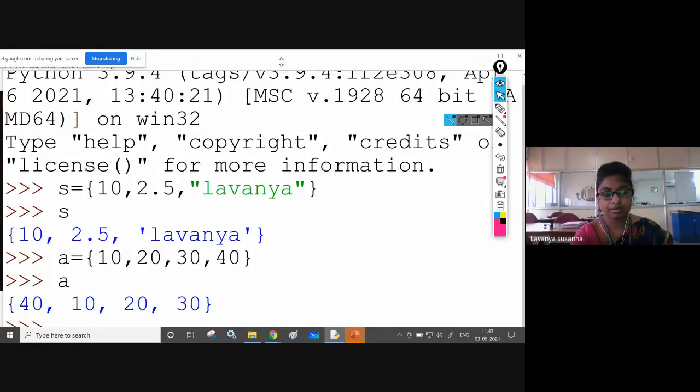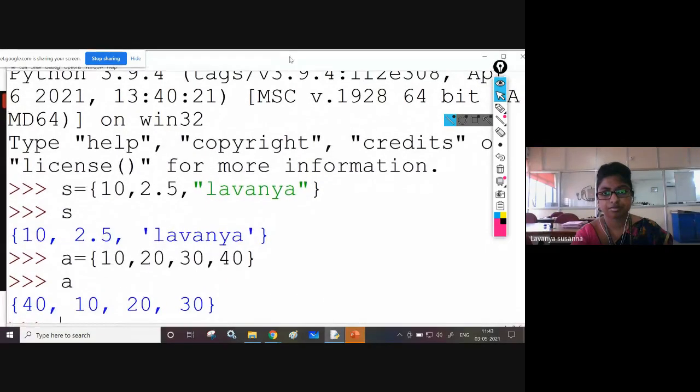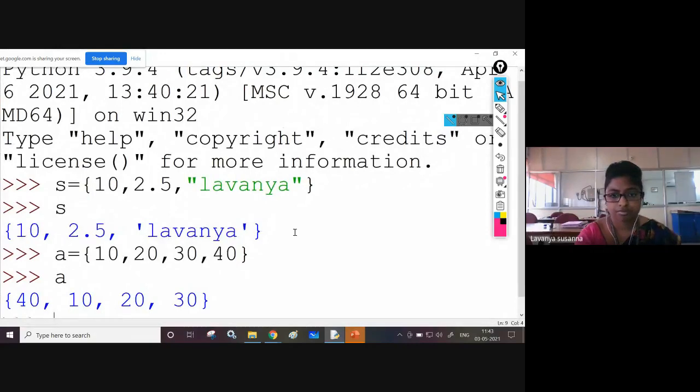Let us give duplicate elements. Just wait.